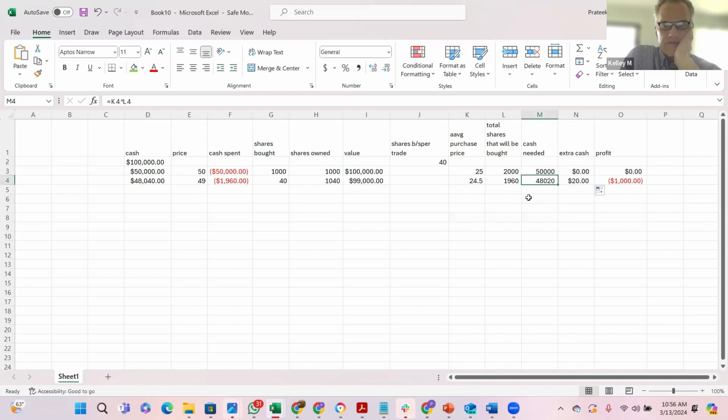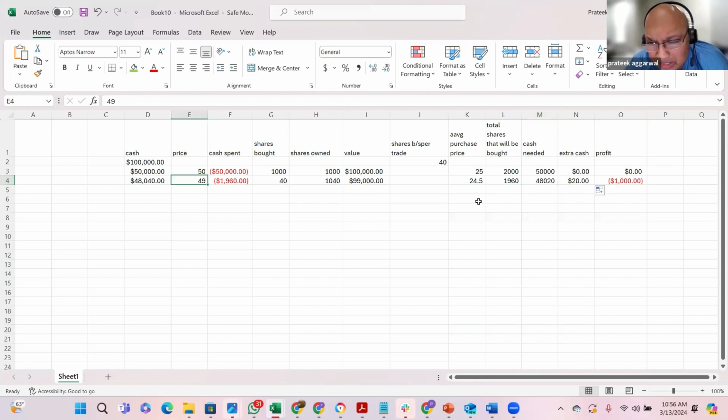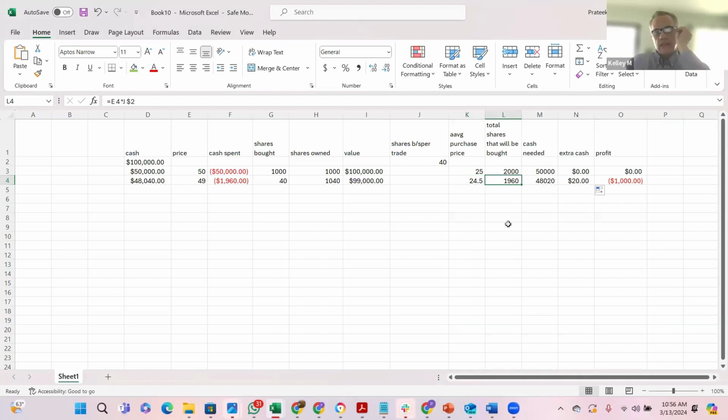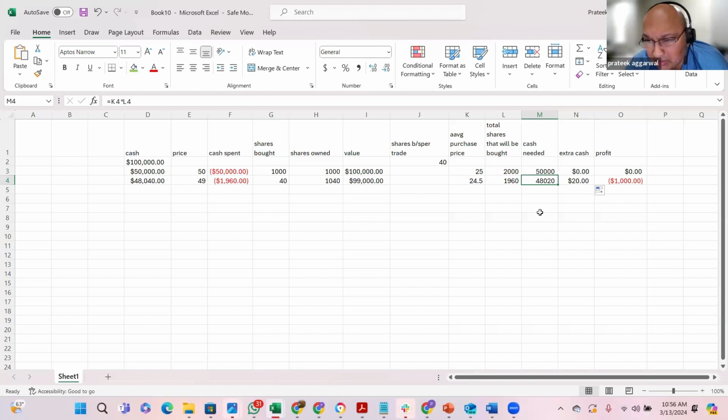And what defines cash needed? Cash needed is, now that the price has dropped to 49, using the same math that you have given me, the average purchase price is 24.5 and I need to buy 1960 stock. So cash needed is the multiplication of these two. So the difference between the two is extra cash,